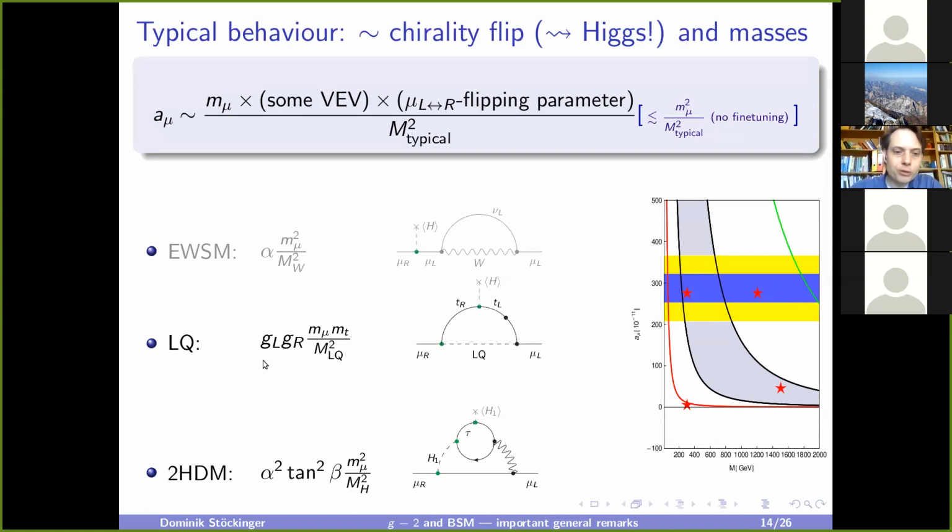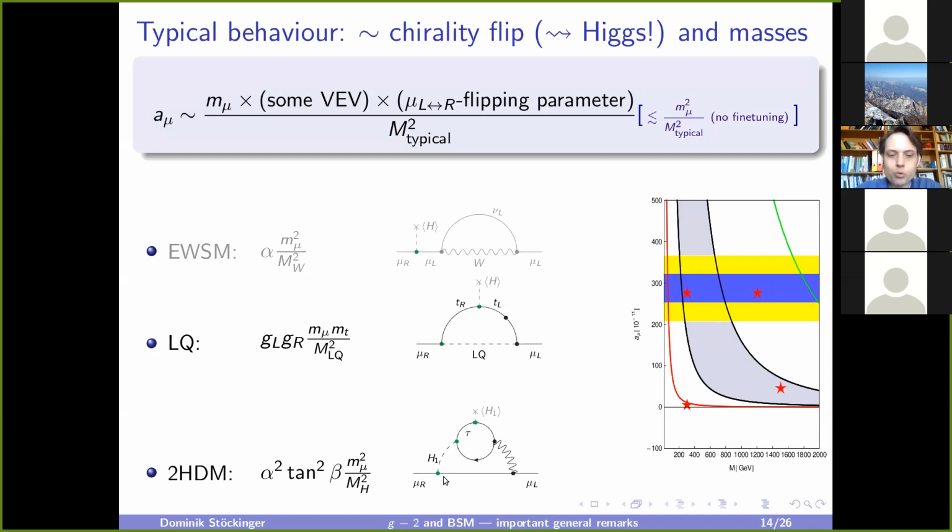So working this out, you get a g-2 contribution, which looks like this. You have the two couplings, g left, g right, for the two leptoquark couplings, times the top mass in the numerator, and then just 1 power of the muon mass divided by the leptoquark mass square. So in contrast to the previous case, you do not get muon mass square, but only muon mass to the power 1 in the numerator. So this is an interesting scenario, and for this reason, leptoquarks can give rise to large g-2 effects, even for large leptoquark masses.